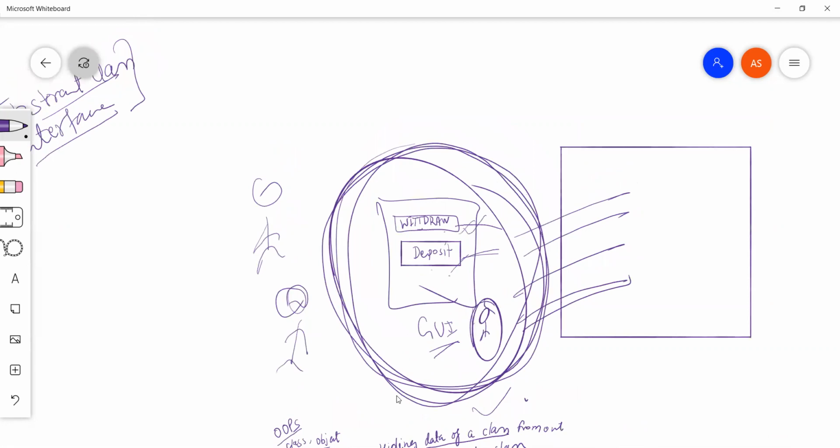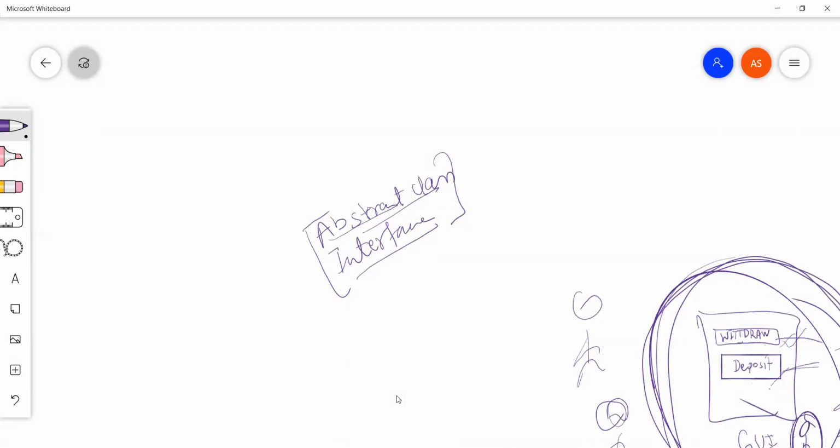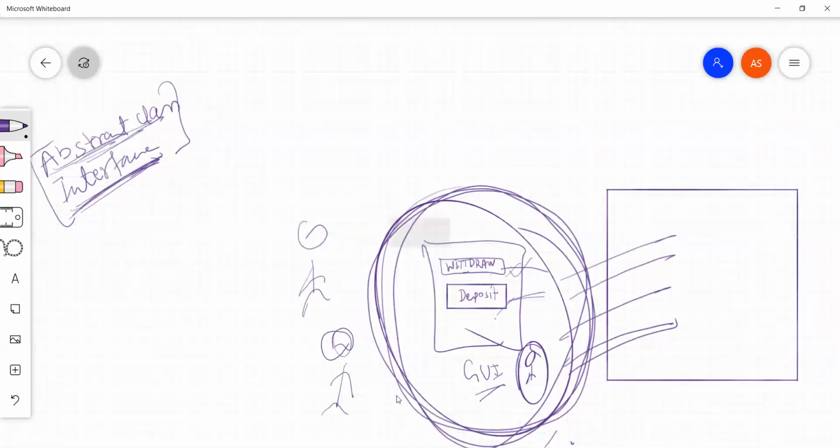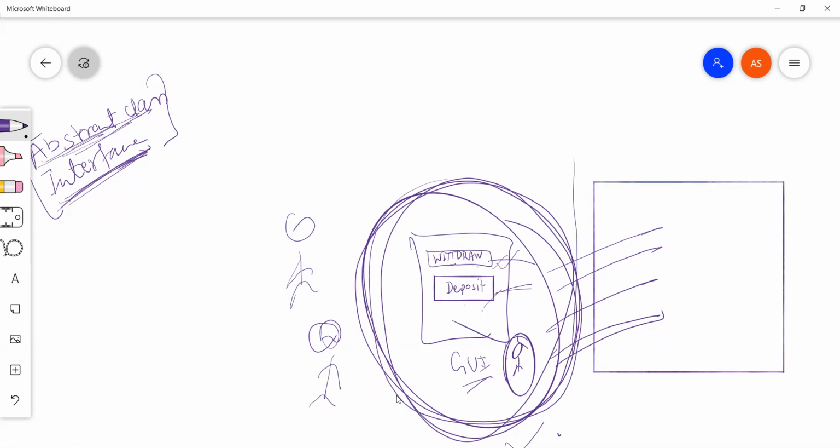But when we go inside classes at the code level and ask how abstraction is going to work, then the concepts of abstract classes and interfaces will come into the picture. We'll take care of all these abstract classes and interfaces in a couple of days, so don't worry. So for now we can say hiding irrelevant details is abstraction, right? Let me take one more example.